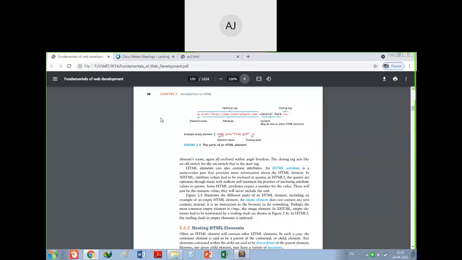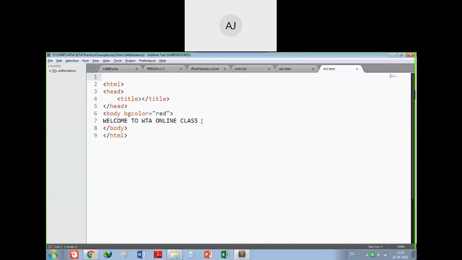For example, whenever you open a mail which contains attachments, when you click on that attachment, it will open the document. So you are transferring from a web page to the document. Is it okay? So this can be done. We'll make this also by writing an anchor tag there.